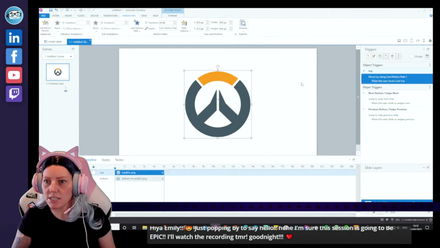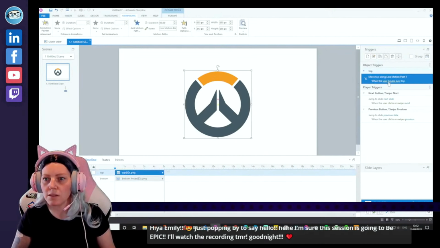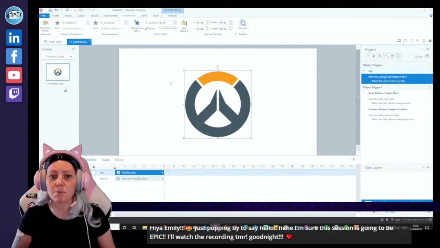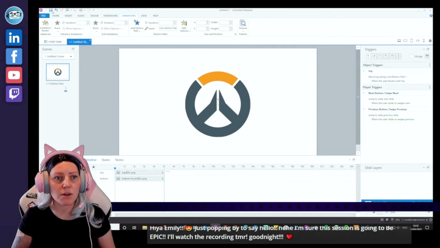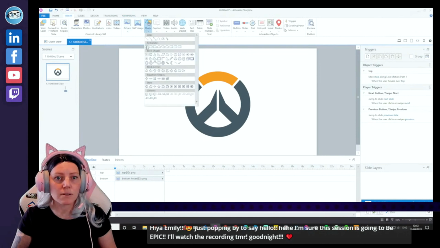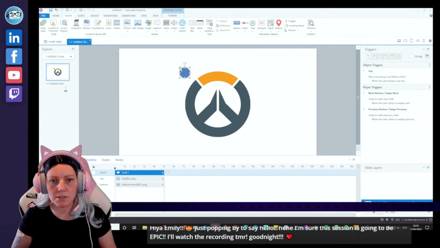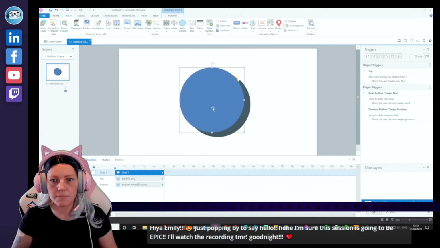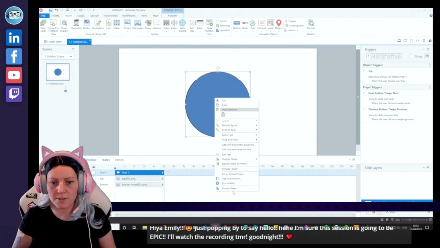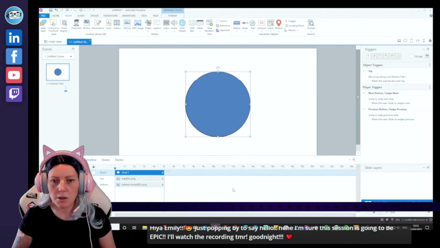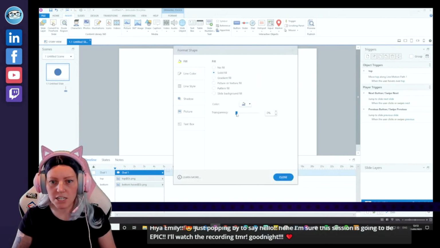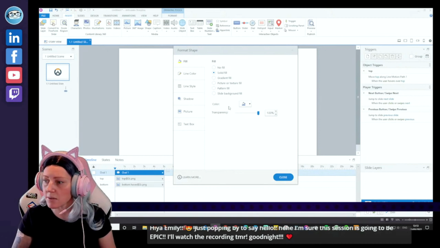Okay, and I'm going to change the trigger from here, not when the user hovers over that, because I want it to be when they go over the entire logo. So let's whack, actually we should do a circle to make it match. Let's pop a circle in over here. And then I generally use, instead of hotspots, I will always format a shape and change its transparency to 100%. So it's technically still there, but